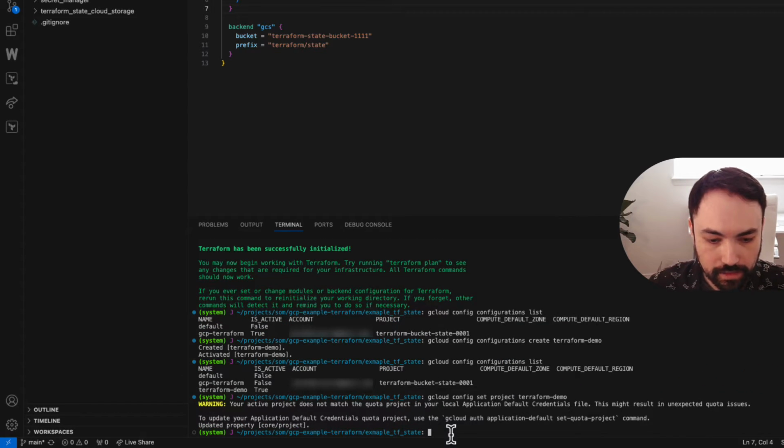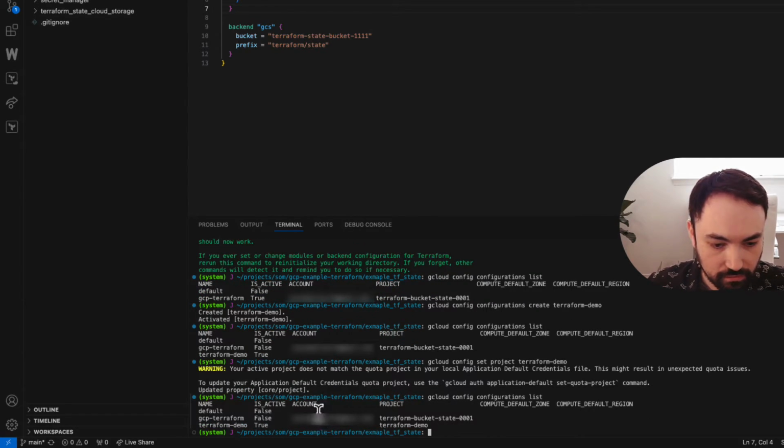Okay, so now what we're going to need to do is authenticate. So if we show this again, we can see that we don't have an account associated with this config yet. The reason why we're doing this is there needs to be a kickoff point or some way to associate basically our Terraform that we're defining here with our bucket. So in order to do this, we'll use gcloud to authenticate. So we'll use gcloud auth application-default login,